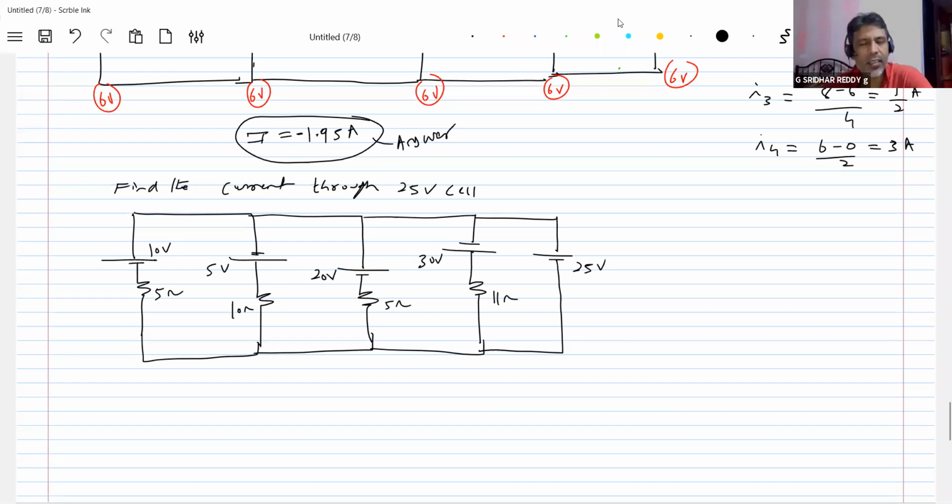Can we start with grouping of cells? Yes, you can do grouping of cells, because the cell, this will become resistance. You can make this the internal resistance of this cell. So grouping of cells is one method. First is grouping of cells. This will become one cell, this will become one cell. So you know equivalent EMF is summation of E by R divided by summation of 1 by R, and R equivalent is 1 by summation of 1 by R. So finally we replace everything with one cell, one internal resistance. We can easily get the current through the 25 ohm resistance.